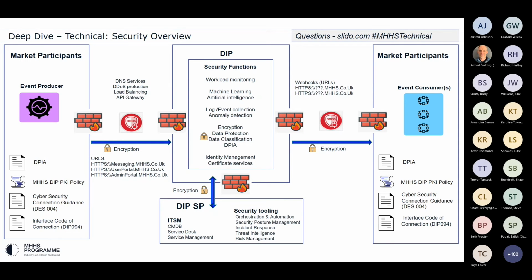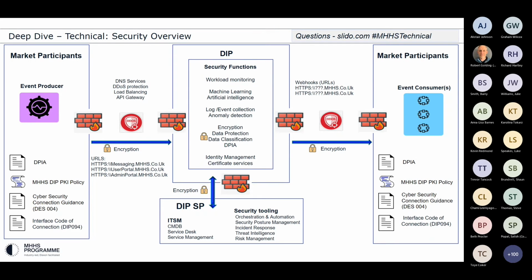The consensus was, where possible, we would follow what has been done previously in terms of the people process side of a PKI policy that was published under the faster switching program, which I think is referred to as the SWICI. In terms of the technology chosen, then we are leaning more for a cloud native PKI service rather than trying to interface with the DCC's current PKI service, but that's not fully set in stone yet.